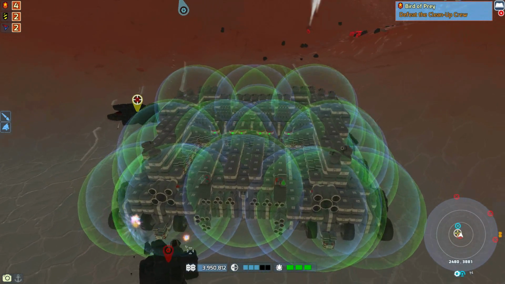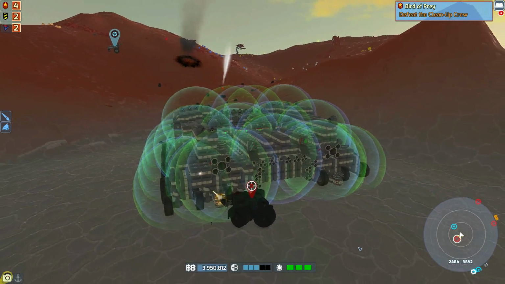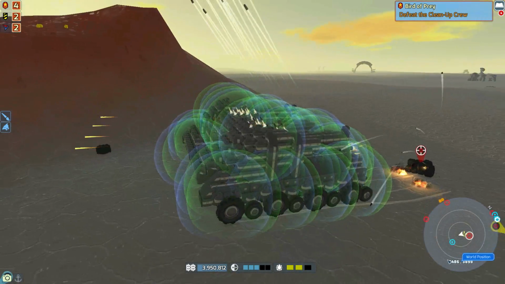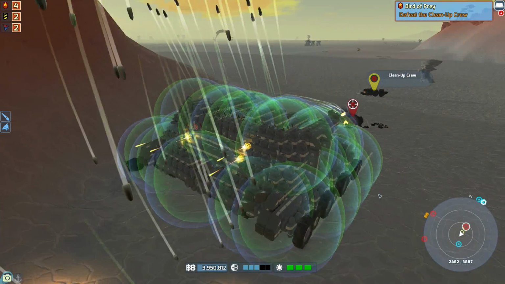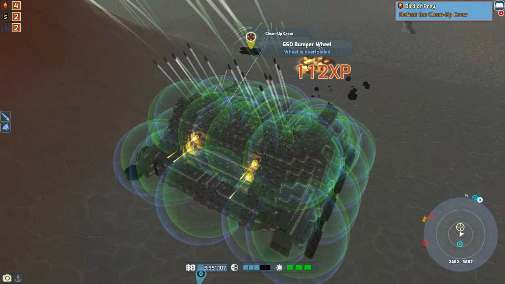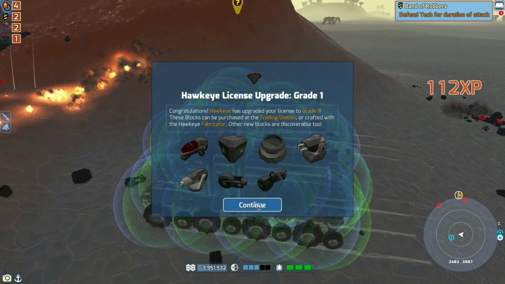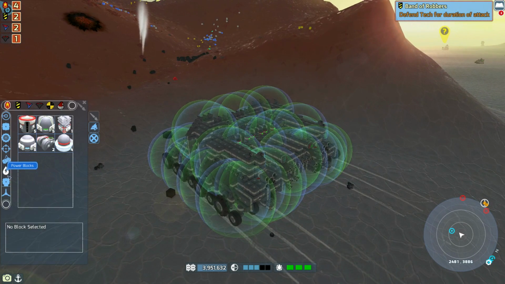Even if apparently I didn't actually anchor in time anyway. I mean, you've got to admire him for trying so much, but... yeah. Turns out the ones at the top can fire backwards. But we definitely need some backwards weaponry because I'm lazy when it comes to fighting. Yay! We have got the Hawkeye upgrade. Fantastic. Okay, let's put down our...